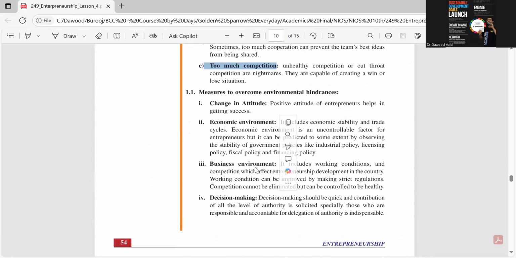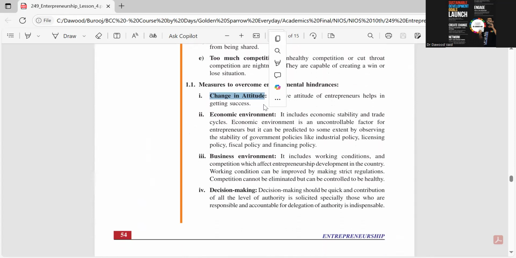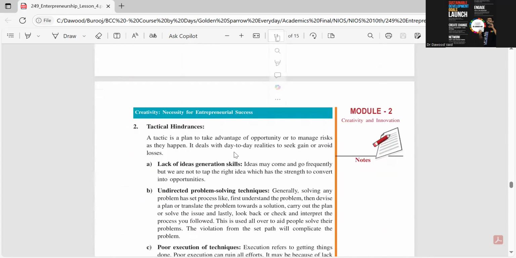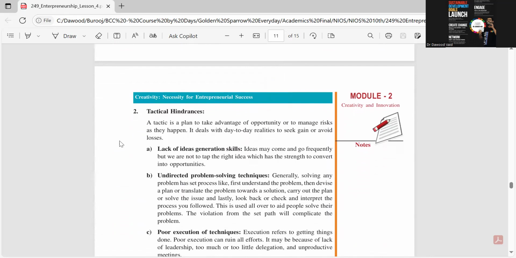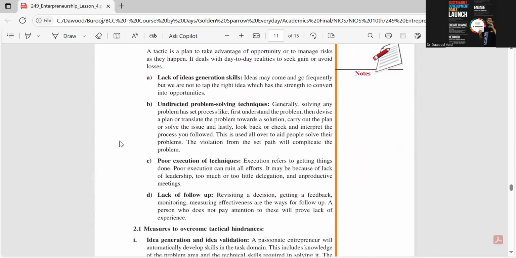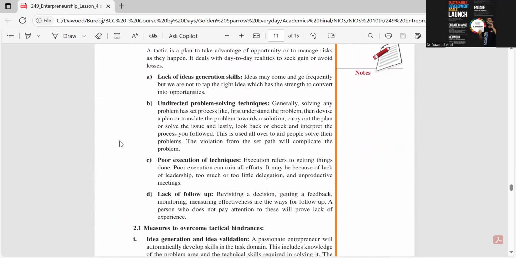And how can I overcome them? Simple ways to overcome it: find good resources, find good coaches, have a change in attitude and aptitude, make decision making easier, and allow people to quickly get over it. These are very generic ideas. I am not going into tactical hindrances or analytical hindrances. All of these are part of all the hindrances.